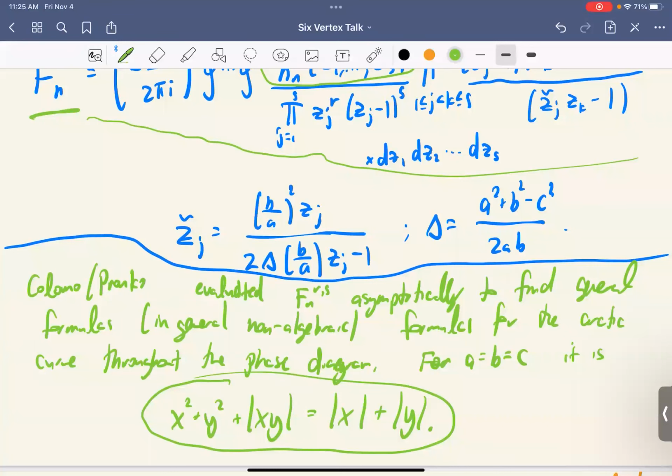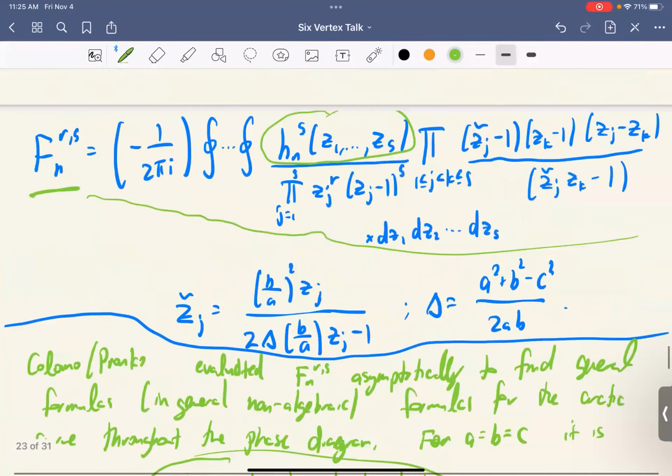So when you say non-algebraic, do you mean like transcendental, or like it satisfies some other equation? Wait, say that one more time. Do you mean like there's just no formula for it at all? Yeah, it's like there's just no formula. I guess in general, maybe there's some implicit formula for it, but not necessarily explicit. Probably a solution to a PDE. Not that I know of, but I don't know. There's a lot I don't know. So just to wrap up a little bit, to show the formula again.